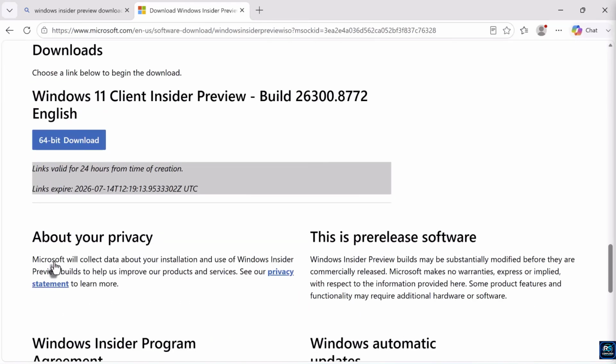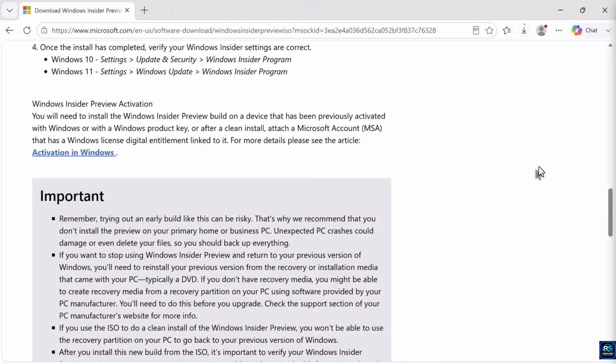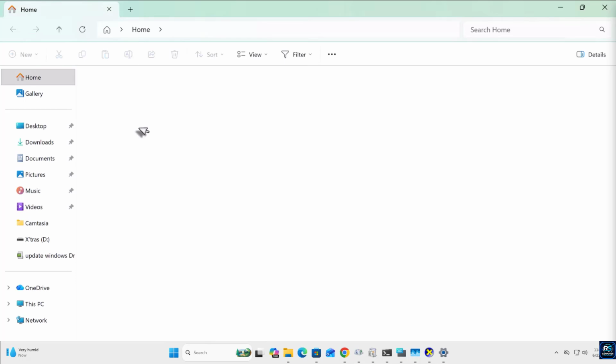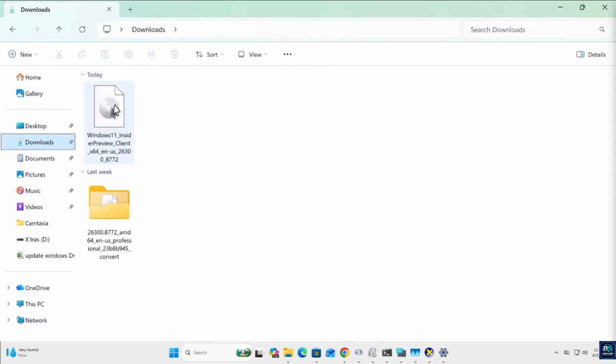Keep in mind that the ISO is several gigabytes in size, so the download time will depend on your internet speed and connection stability. It's recommended to use a reliable internet connection and make sure you have enough free storage space before downloading. Once the download is complete, you can use the ISO to create a bootable USB drive with tools like Rufus or Ventoy, or mount the ISO directly to perform an in-place upgrade while keeping your files and applications. This ISO is also useful for testing new Windows features in a virtual machine such as Hyper-V, VMware, or